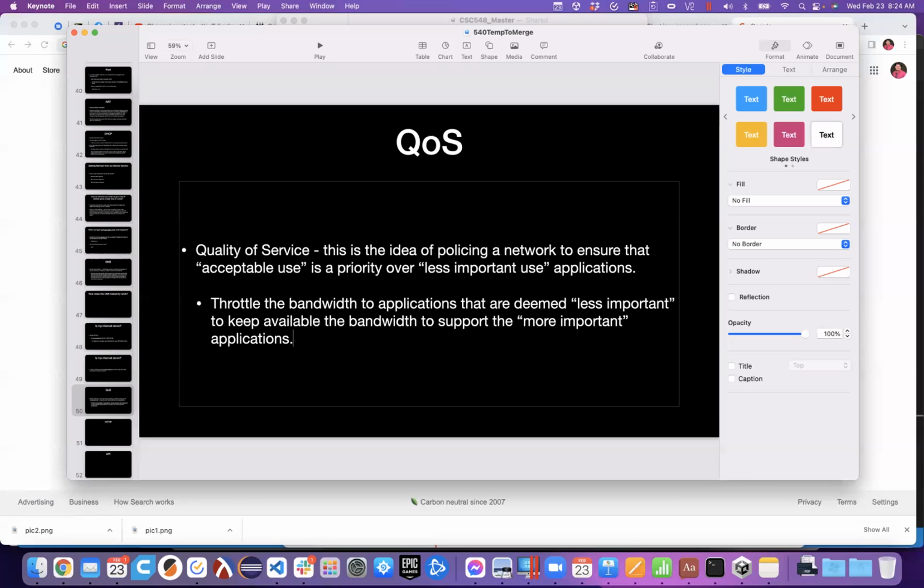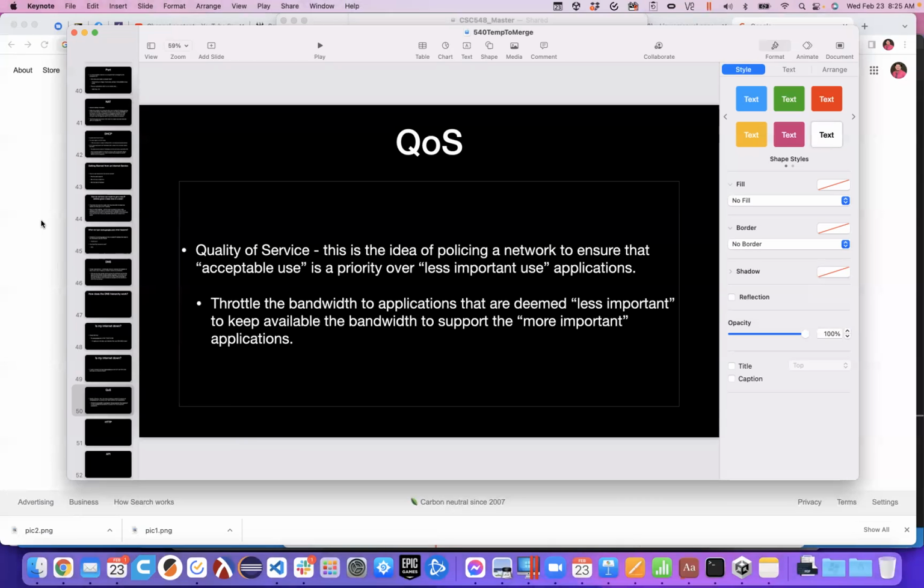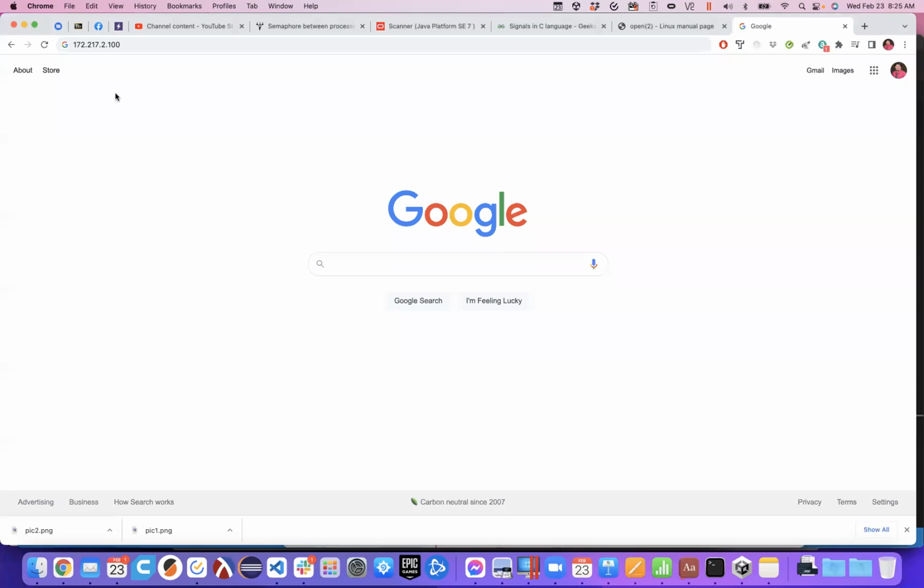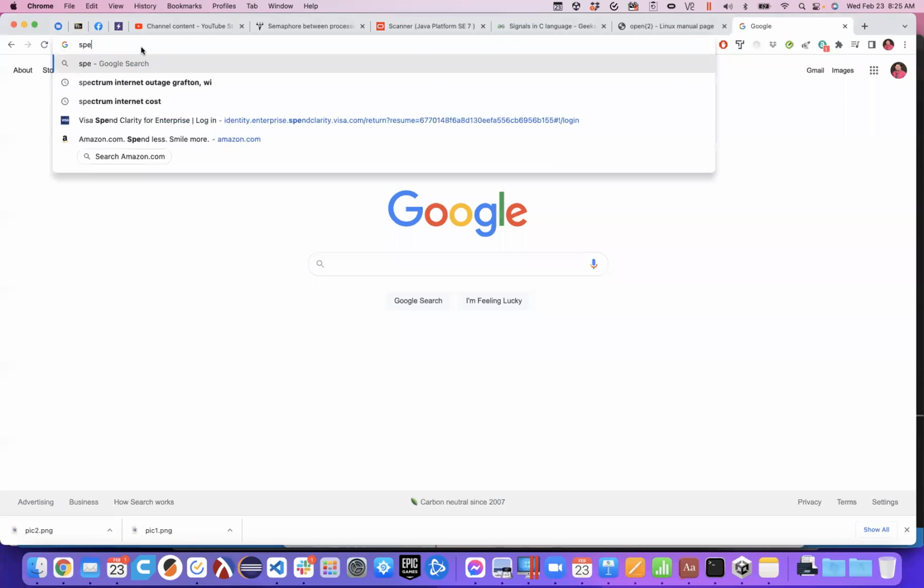So the hope is that even though we are probably victims of QoS relatively often, we don't really notice unless we try to do something that is very measurable. You're only really measuring your internet speed when you are trying to download something and want to know how long it's going to take. You don't check your internet speed before you start a Zoom call or something like that, unless you're going in there to see if something is wrong. So if I do a speed test,